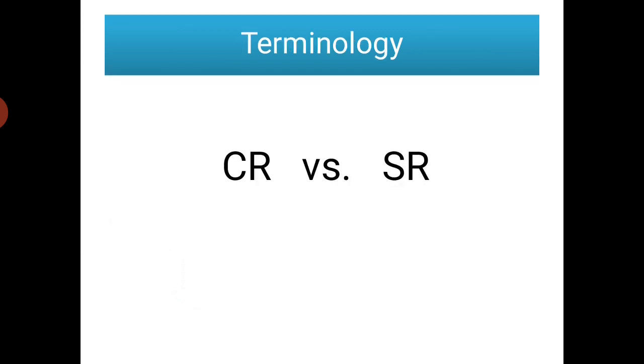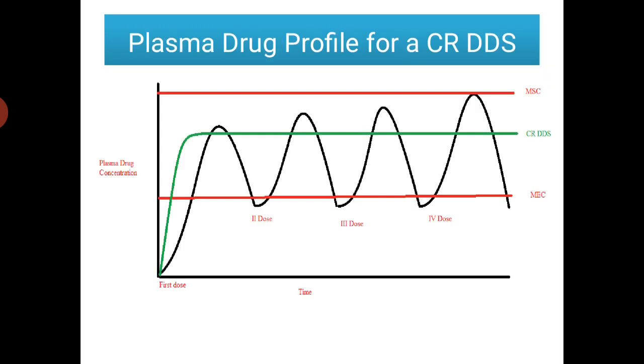Now, let us see the terminology controlled release versus sustained release. These are the two terms which you are going to use continuously in this novel drug delivery system. Now, what is the difference between a controlled release and a sustained release? Here we again come back to the graphical representation of plasma drug concentration against time. Here you have the minimum effective concentration, the maximum safe concentration, and the plasma drug concentration for a conventional drug as well as a